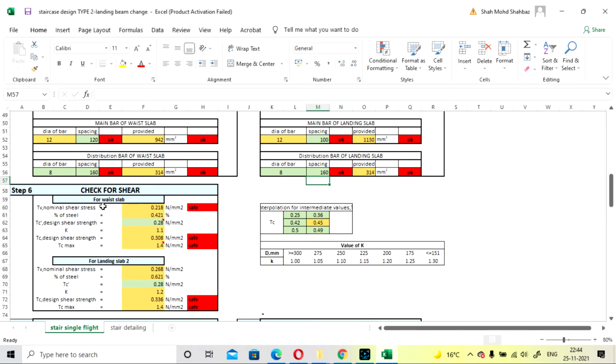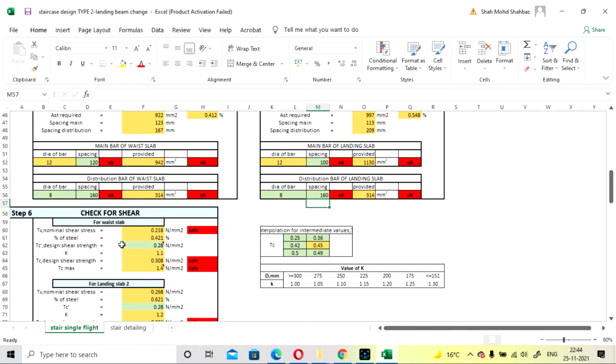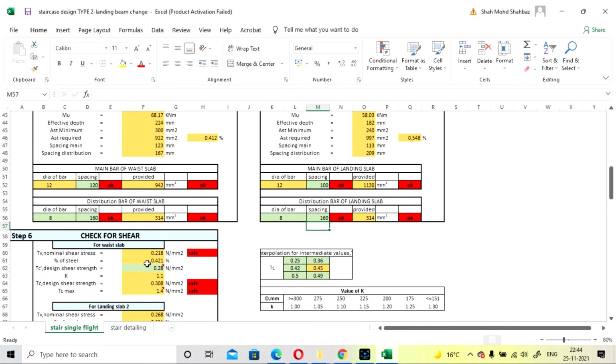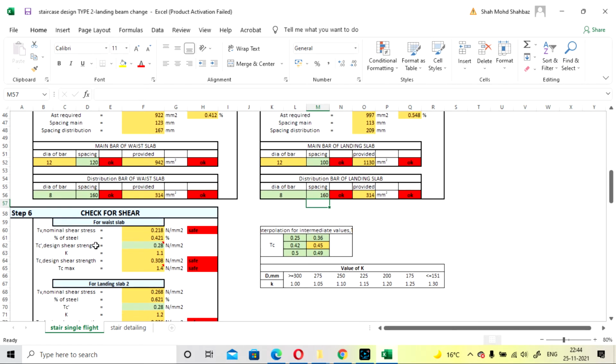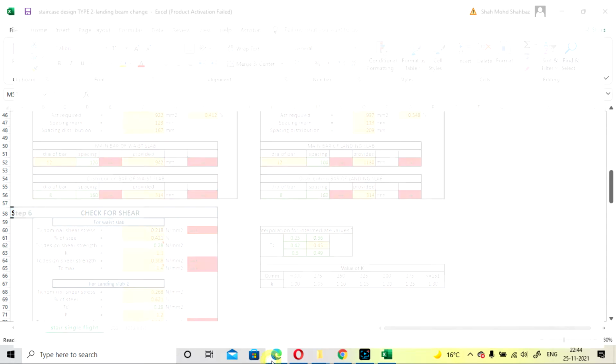So now you can go to the shear check. Nominal shear is calculated as 2.218, and the percentage of steel is calculated as 0.421. This tau c you can find from table number 19 of IS code 456.